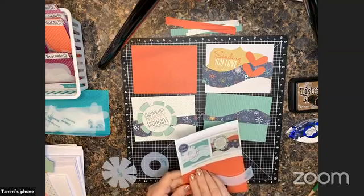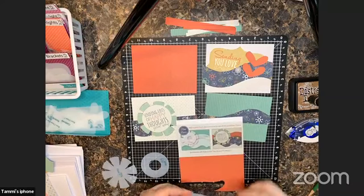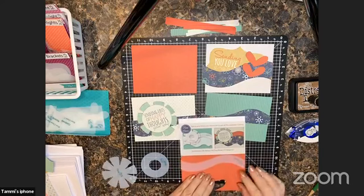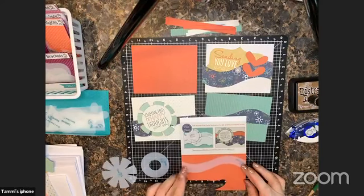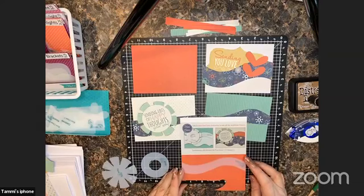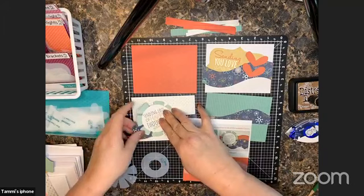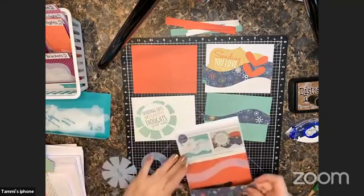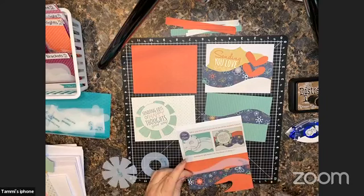Let's see. That's interesting. Okay, so it is done this way, I believe. And I'm going to bring it down just a little bit in case I want to use that piece for something else. And I know that the piece that I'm going to be putting it up against is straight. So I think what I'll do is go ahead and do a straight edge